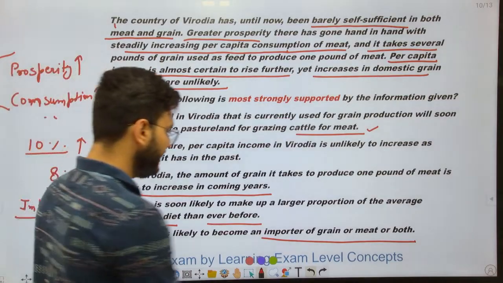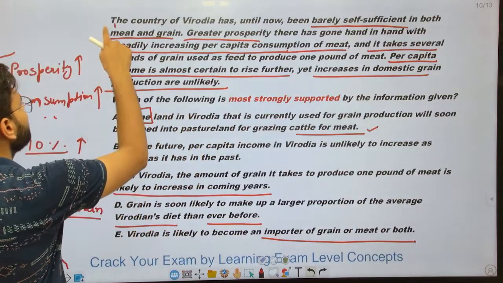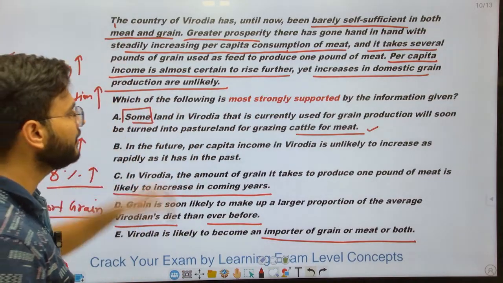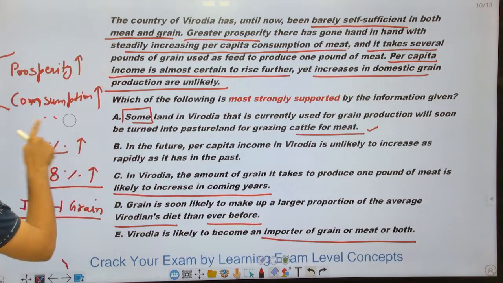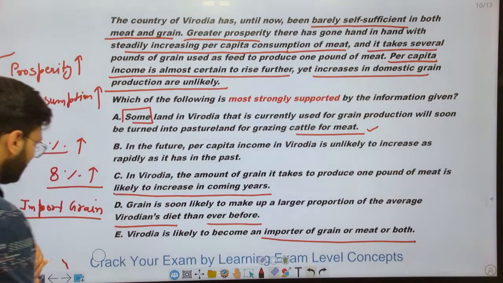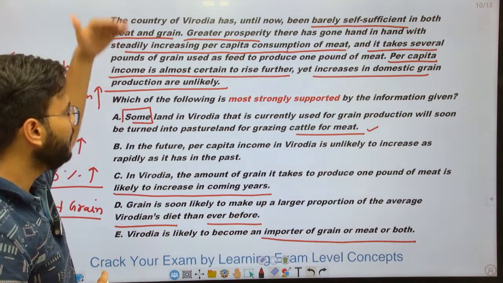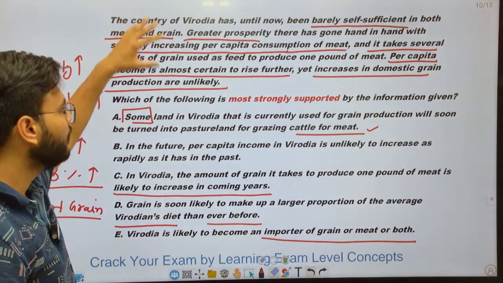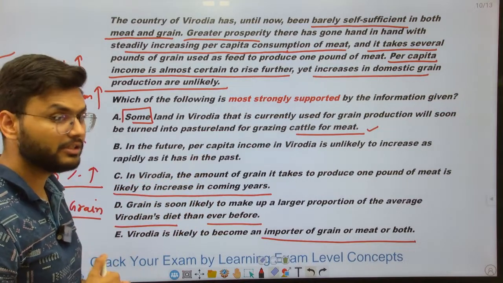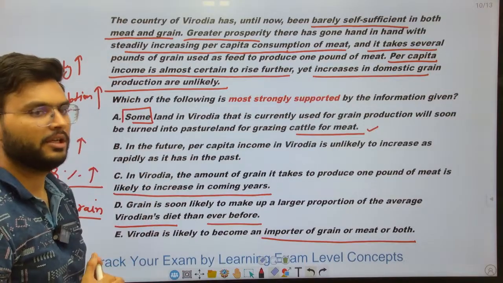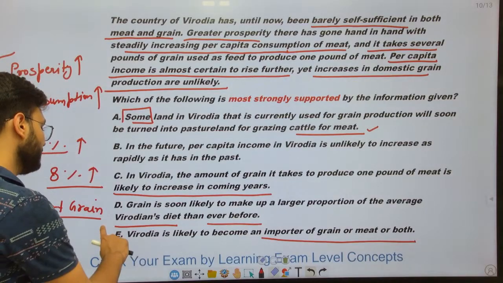It means when I say something which gives me reason to believe, or something which tells me that it is most strongly supported, most strongly supported means both above information and below information must satisfy each other, or the above information provides, or means an option choice which tells me that the given option choice gives you a reason to believe that the above condition might work. So this is most strongly supported by the information. So we have only one choice, answer number E,